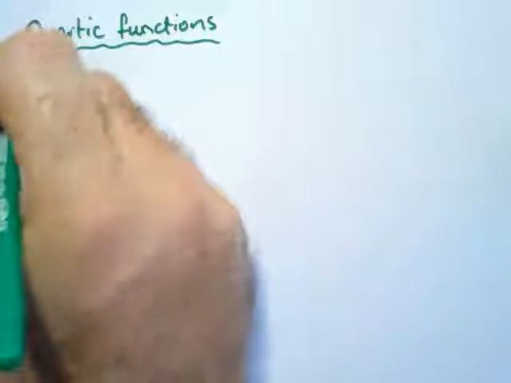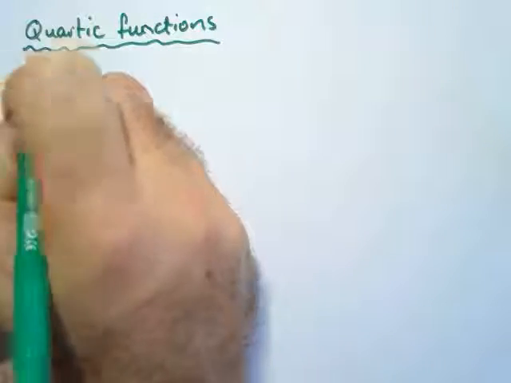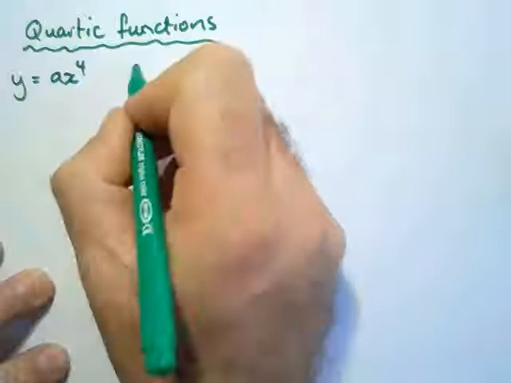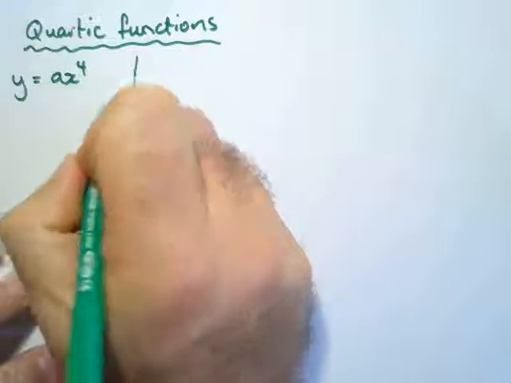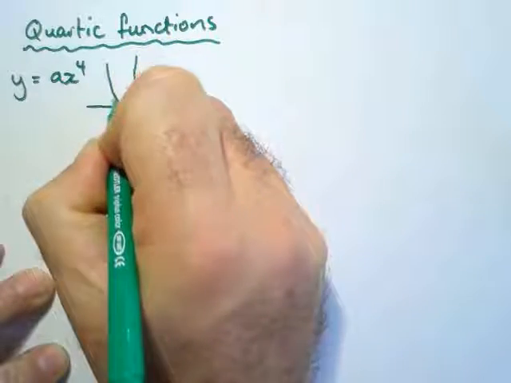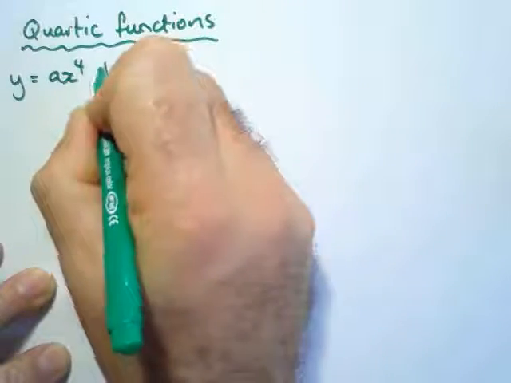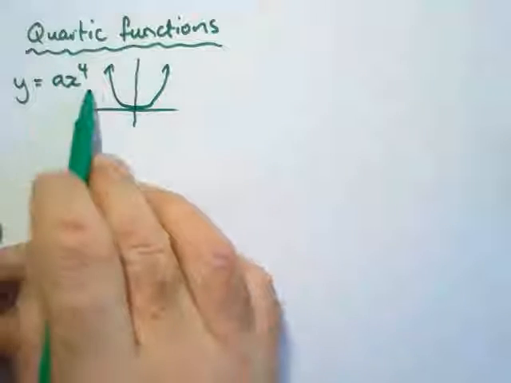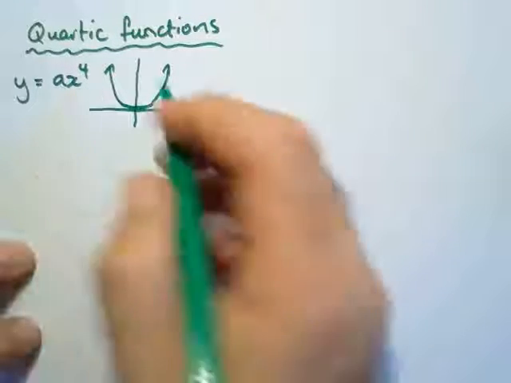Quartic functions. Now we already know that y equals ax to the power 4, and it looks like this. It looks like a parabola, but with a flatter side. Okay, what you have to remember from this is if we start adding terms, so in other words,